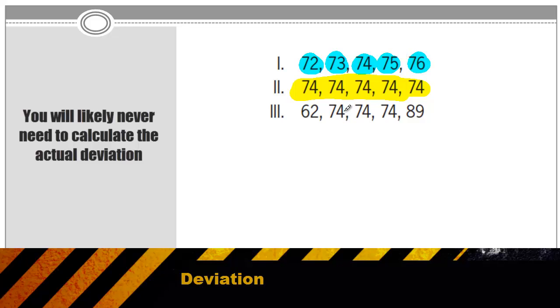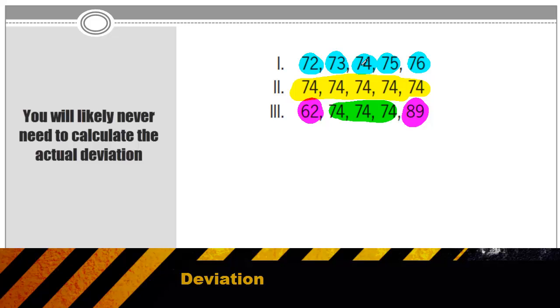Set number 3, however, has this group in the middle with no deviation, and then 2 numbers on the sides with a lot of deviation. So to figure out which set has the higher deviation, we're going to have to estimate with a little bit more detail. Our first step is going to be to calculate the actual mean or the average of sets 1